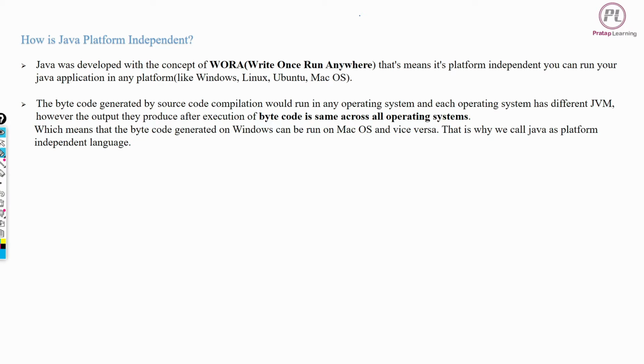So now first I'm drawing one example. Now we will understand in simple words. This is the source code .java file, and it's compiled by the Java compiler and translated into the bytecode.